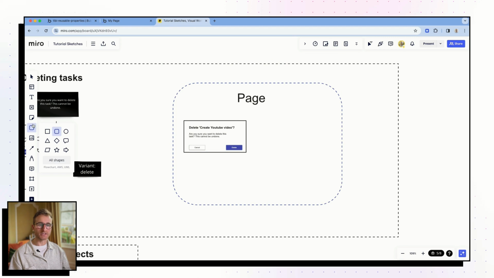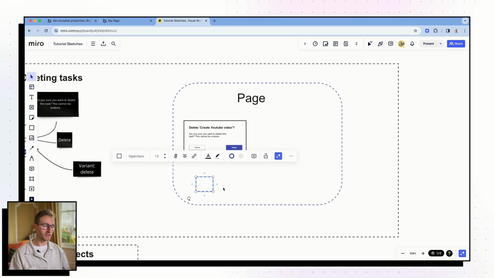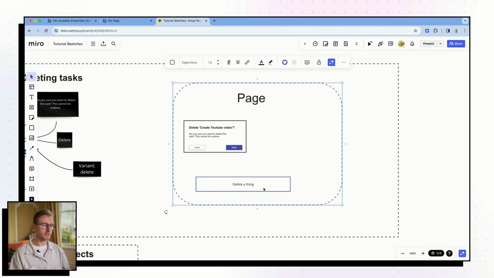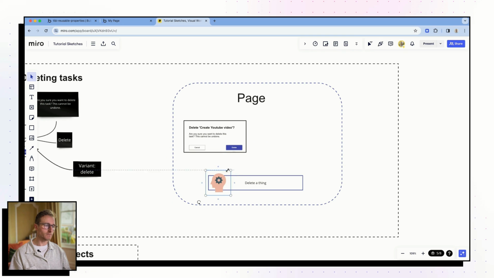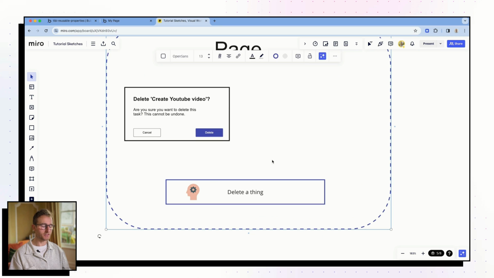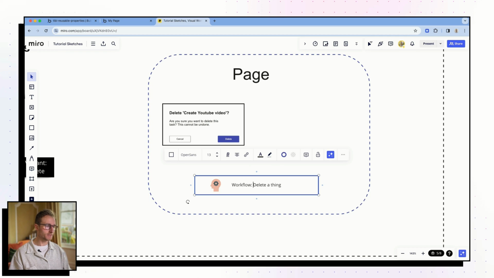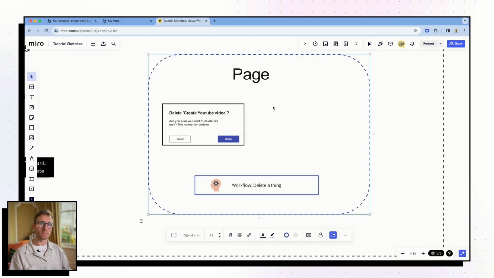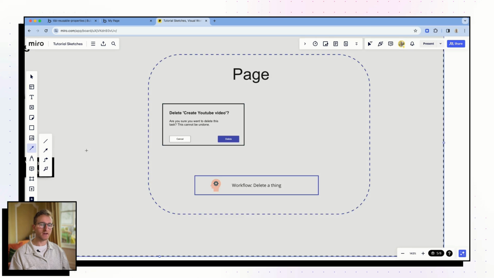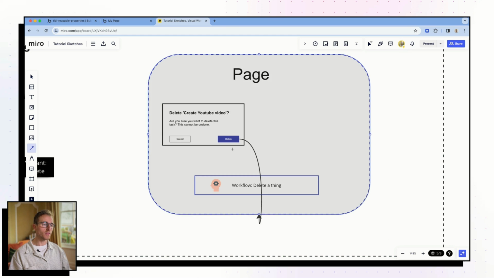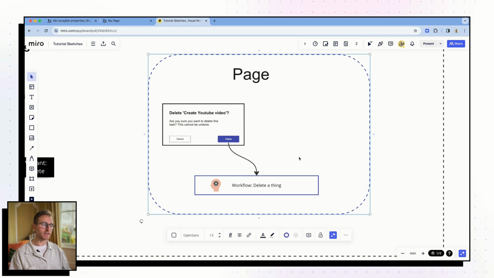And on the page, we actually have all of the logic for deleting a thing. This is a crude representation of a workflow. This is the delete a thing workflow. I'm going to add this little bit of logic inside of a head icon to illustrate. Because this workflow, let's be really clear, this delete a thing workflow, lives on the page, we need to somehow have a way for the pop-up, the reusable element pop-up, to communicate with the page.